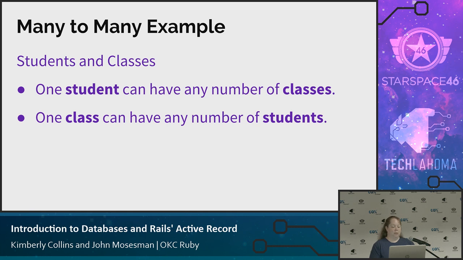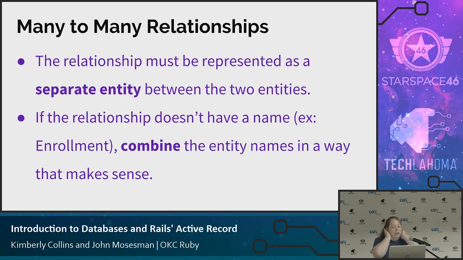One class can have any number of students: none yet, one, more than one. So this is many-to-many, many students relating to many classes. This relationship has to be represented by a separate entity. And I think this is where people start to get a little confused. It's not intuitive when you're talking about relational databases, but we do need this separate entity.